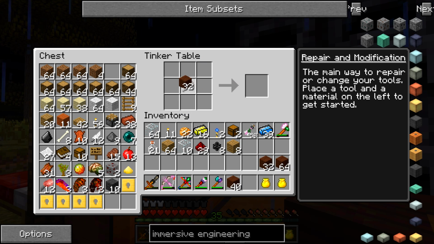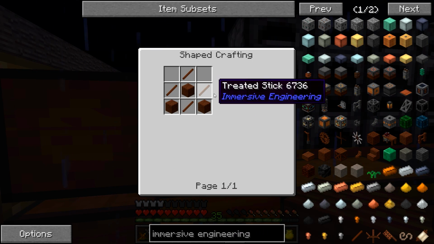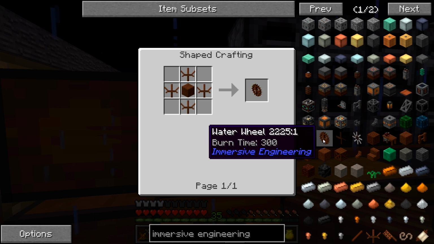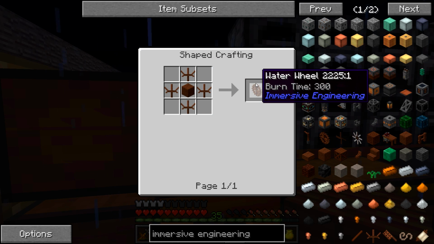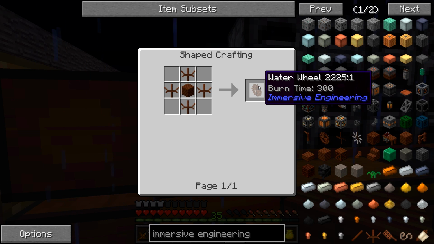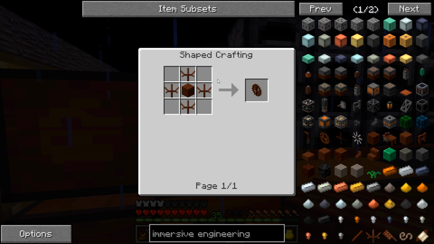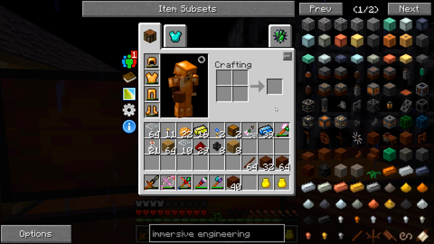We're going to go ahead and convert a bunch of this into sticks, treated sticks, and then let's go ahead and make the water wheels. So we need, how many of these per thing? We need 4. And I was thinking 1, 2, 3, 4, 5, 6, 7, 8, 9. I was thinking we'll make 9 of these. So we need 9 times 4 is 36. So we need 36 water wheel segments. So that means we need...